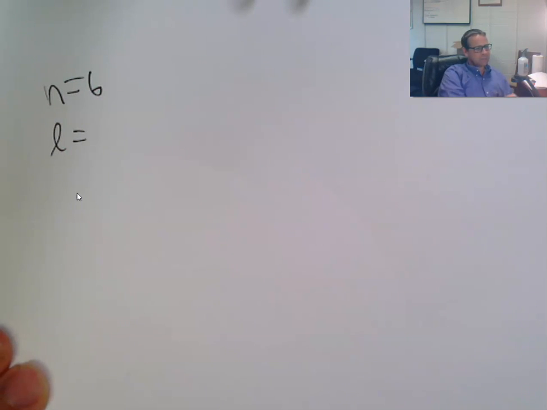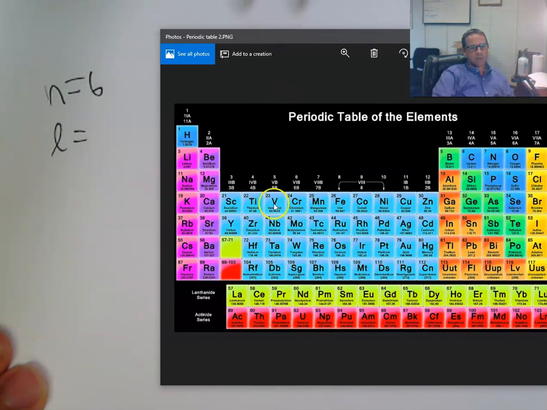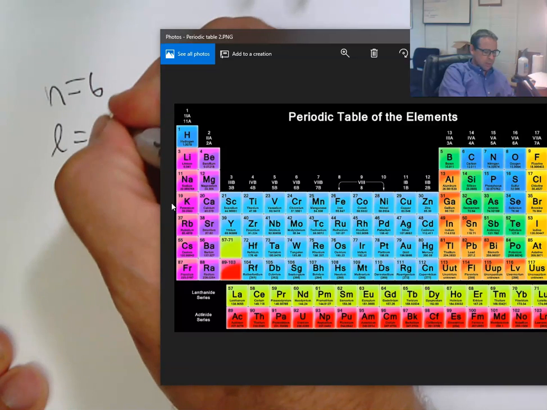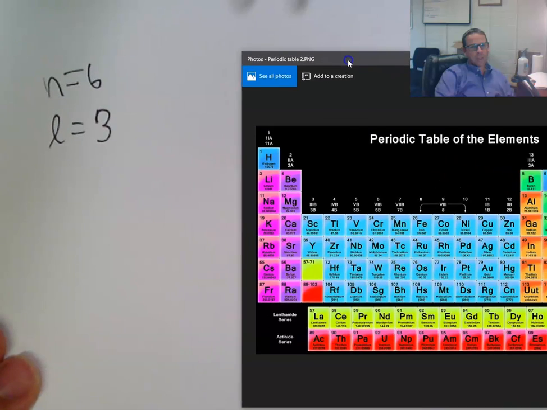What can L equal? It can equal 0 all the way up to 5. And in the case of our blocks, L equals 0 here, L equals 1 for our P block, L equals 2 for our D block, and L equals 3 for our F block. So we're talking about L equals 3. All right, so if L equals 3,